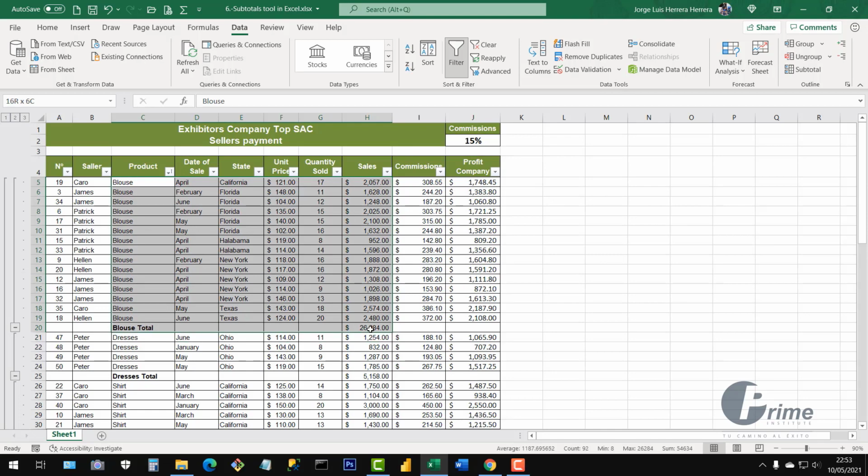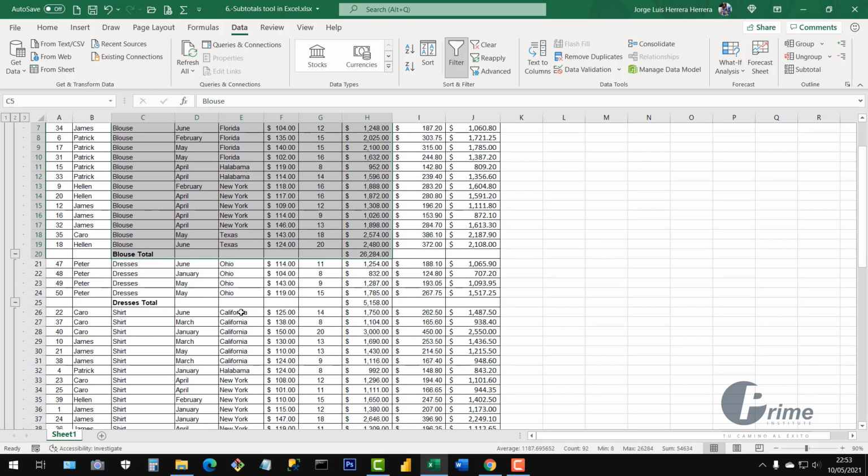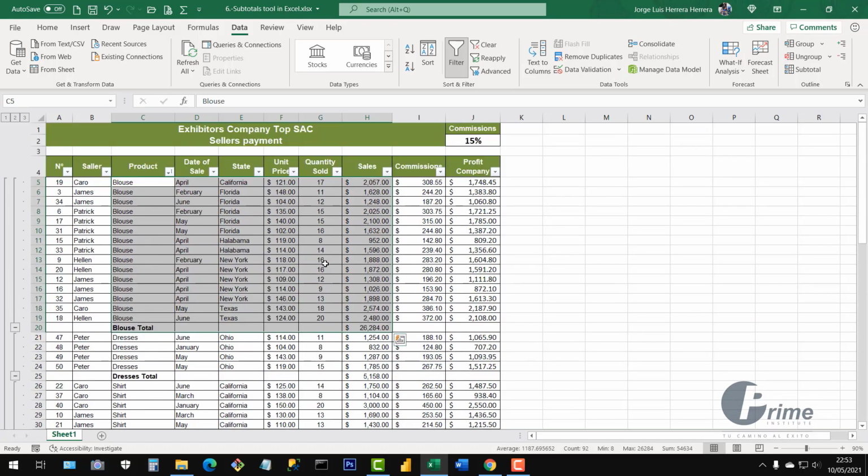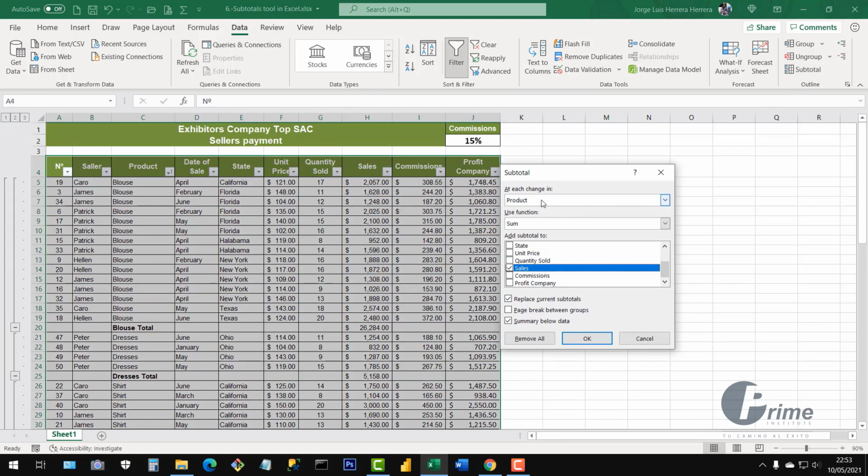For instance, as a total of blouse were sold more than 26,000, and same way for the dresses, shirts, and trousers. So I get back to data, subtotal, but this time I'm going to select the second column that was ordered, that in this case was the column of state. And also I'm going to apply a sum, and I'm going to activate sales,